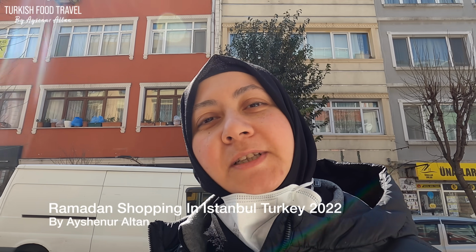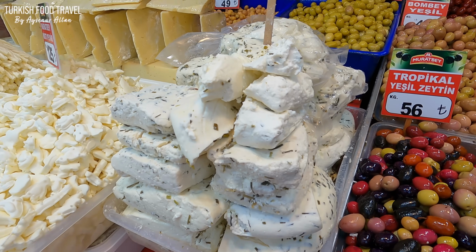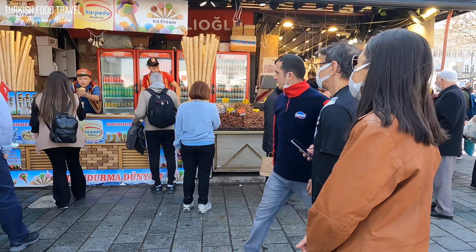In this episode, we're gonna take a look at the preparations for Ramadan on the street, where they shop, how they get prepared, shops, the market. Right now I'm in Fatih, the local area where I lived for 10 years. There is a street called Malta Çarşısı near Fatih Mosque. It's one of the very local traditional areas to buy your Ramazan shopping. So first we're gonna take a look at there, and then we will go to the Spice Bazaar, famous in